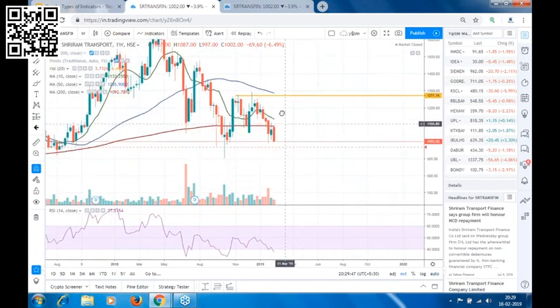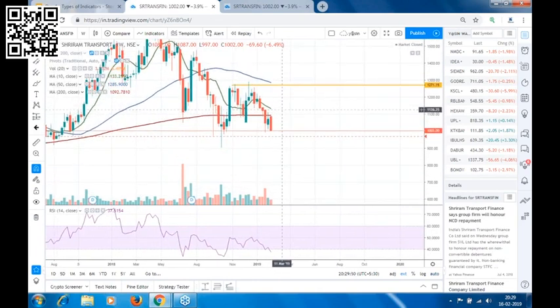If we are taking a short trade, there should be no barrier on the downside, and when we are taking a long trade, there should be no barrier on the top of our entry price. Because when you're going to do intraday, what time frame will you be using? You'll be using 5 minutes or 15 minutes time frame. And if you have a resistance on the weekly time frame, which is much bigger than your 5 minutes and 15 minutes time frame, then how can you expect the stock on the 15 minutes chart to break that barrier?